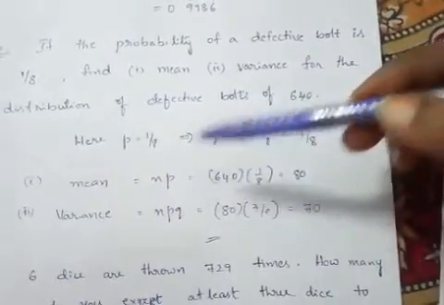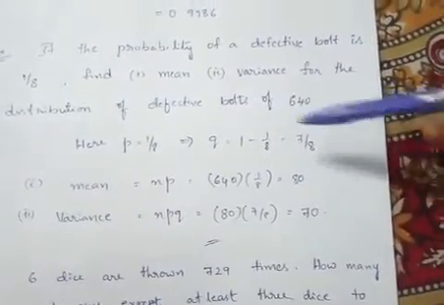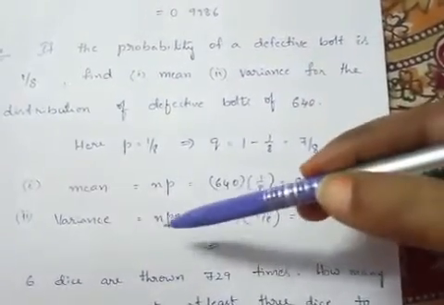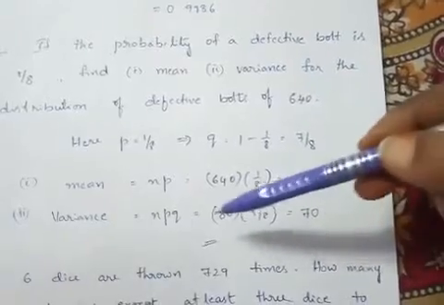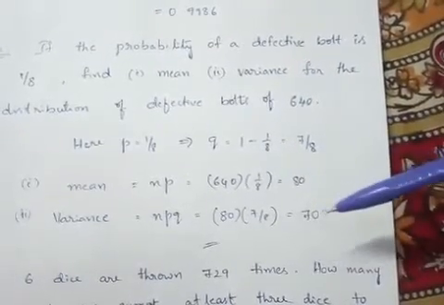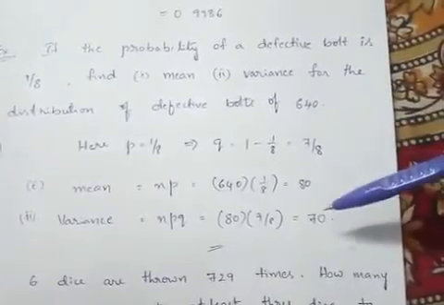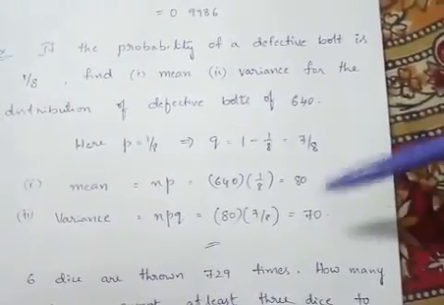Mean formula is np. So n is 640 and p value is 1/8. So we can find the mean value. Similarly npq. np value is 80, q value is 7/8. So you can calculate npq as 70. So in this problem we found the mean and variance. In the previous problem